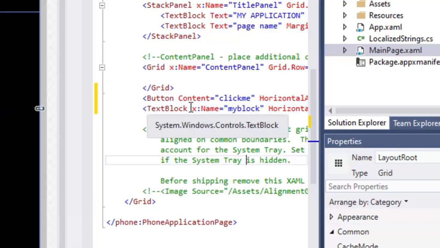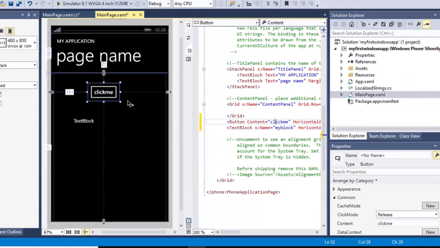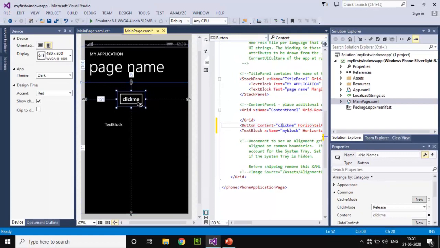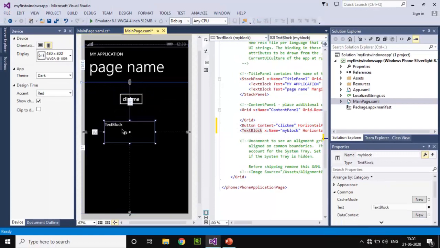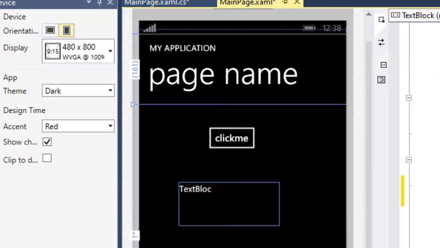In this way you can change the name of your text block, and here we have changed the name of the button. Now I want that when I click on this button, in the text block hello world should be printed. So just click on text block and erase this text. Means I am erasing the text that is in the text block.